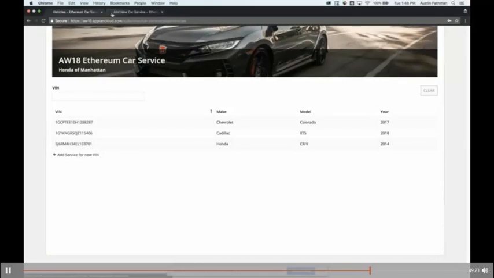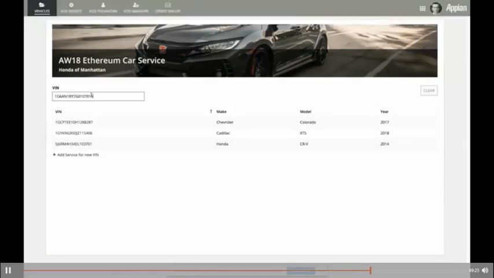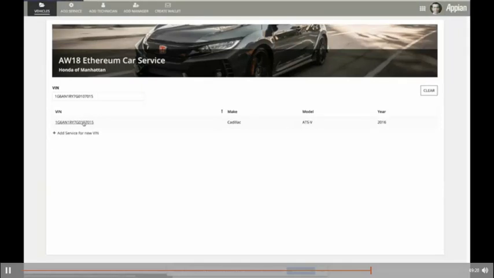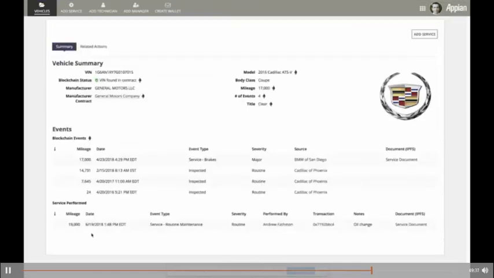And so if I were to open up that vehicle again, as it's not yet been mined, I can see now it's actually popping up locally in my database. So I'm querying again the blockchain and pulling open the vehicle information. I see locally that I have the service performed. So on the bottom grid here, we see that I have this service event. I can track down exactly who performed the service. So Andrew Fathman signed this transaction,